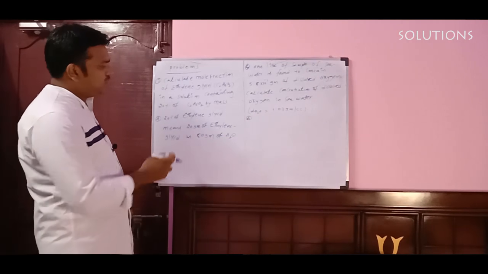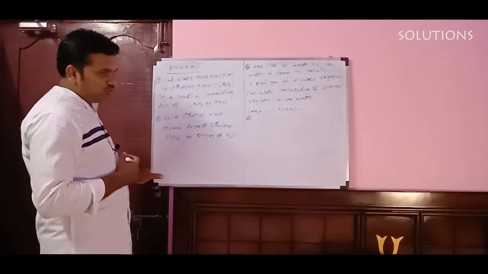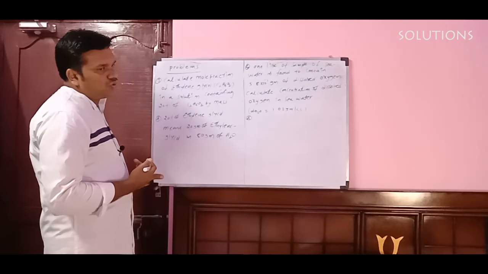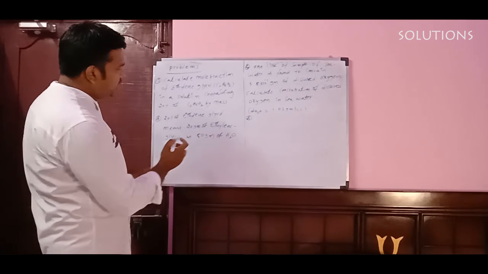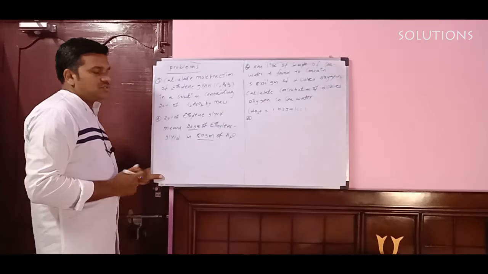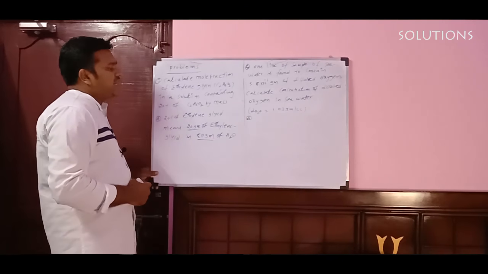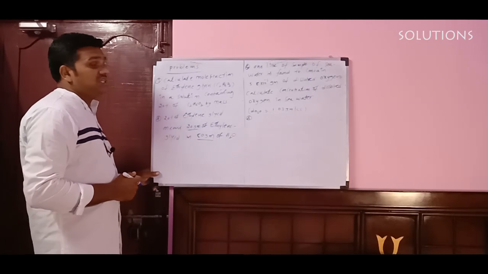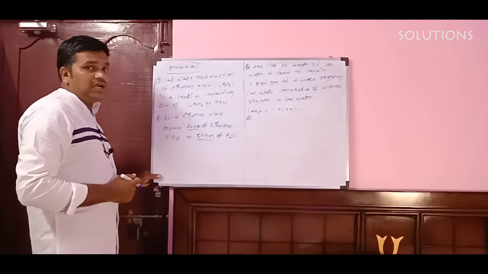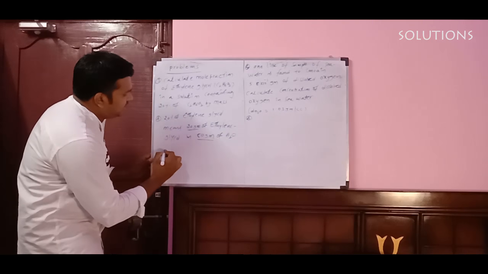Now here 20 grams is there, here 80 grams is there. So 20 grams is less amount or high amount? The least amount only. So the least amount, 20 grams, is the solute. The large amount is the solvent only. Now we have to find the mole fraction of ethylene glycol. For that, first we have to find the number of moles of ethylene glycol. I will write here number of moles.